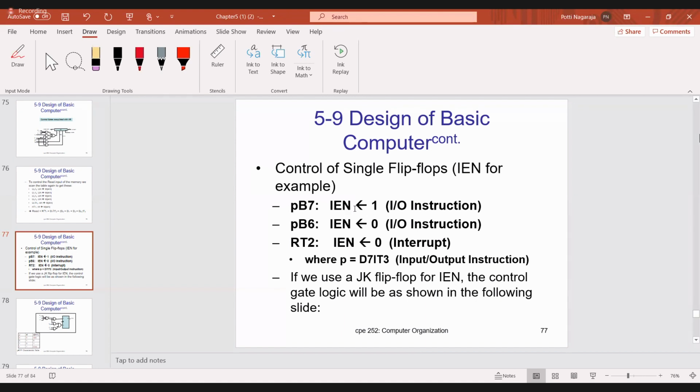When interrupt enable is 1, it is PB7. What is P? P is nothing but D7 IT3, which is the input output instruction.